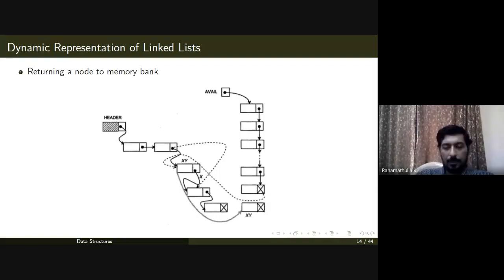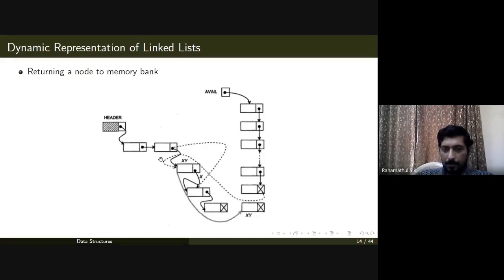And this is how we return a node once you delete or remove a node from your linked list. For example, in between, we would like to remove this node from your linked list. We will see the insertion and deletion operations shortly in detail with algorithms, but to get the concept, we will see this diagram.